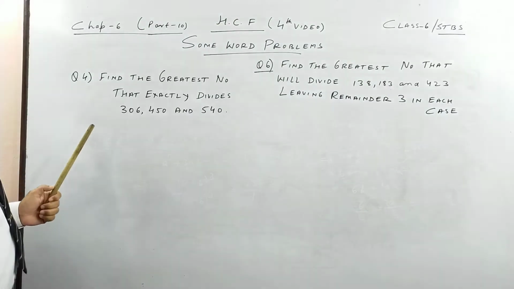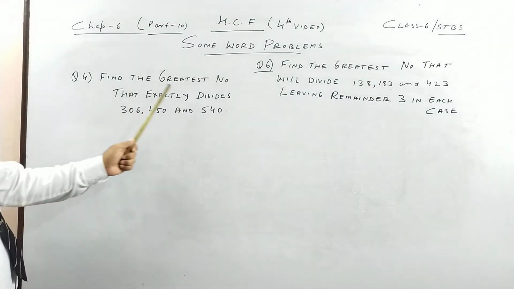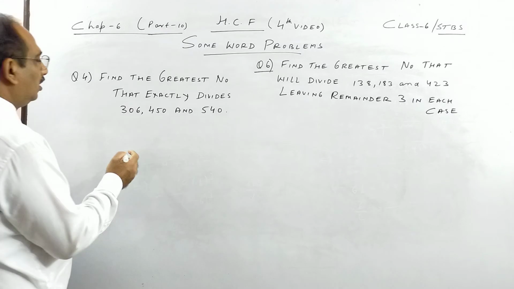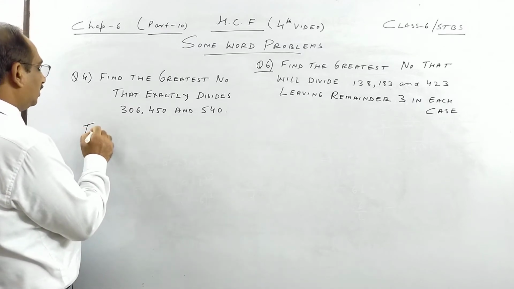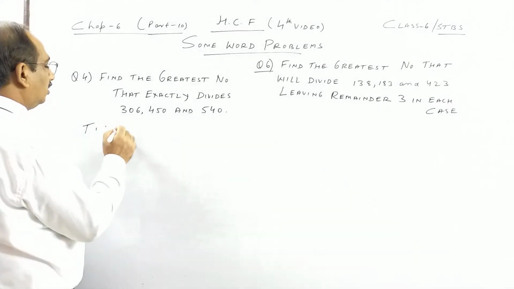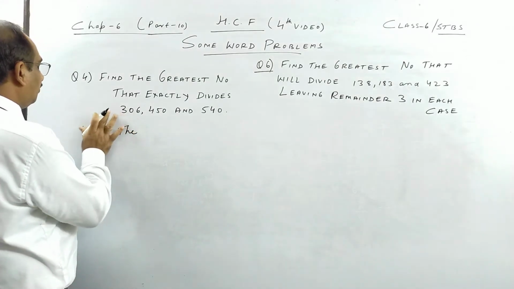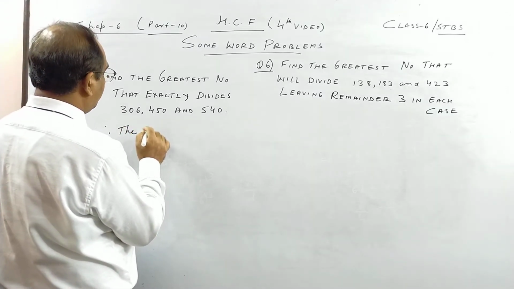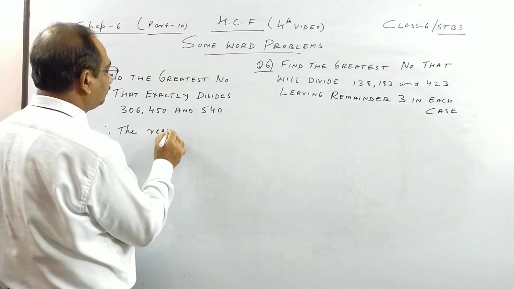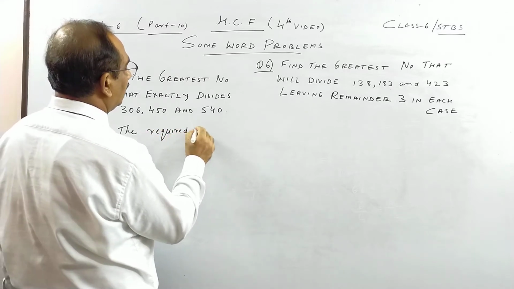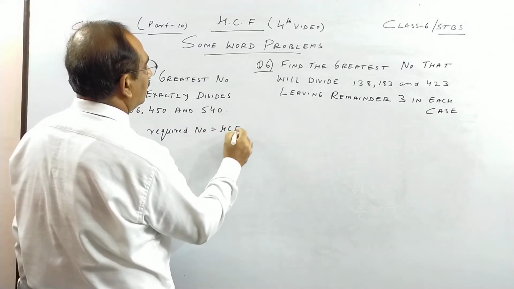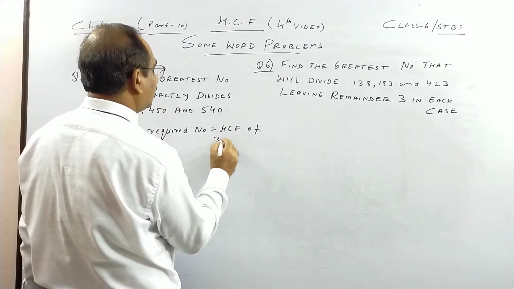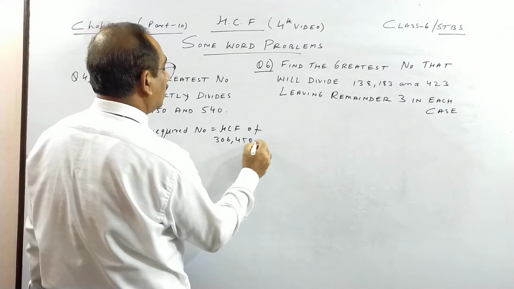So let us see some word problems on HCF. Find the greatest number that exactly divides these. So children, you always have to find the greatest number. Therefore the required number is the HCF of these three numbers: HCF of 306, 450 and